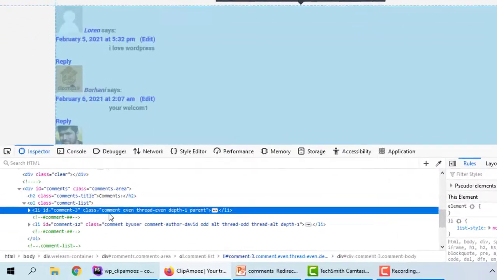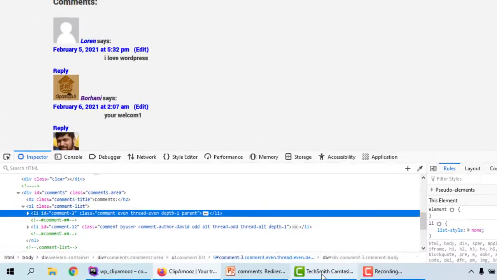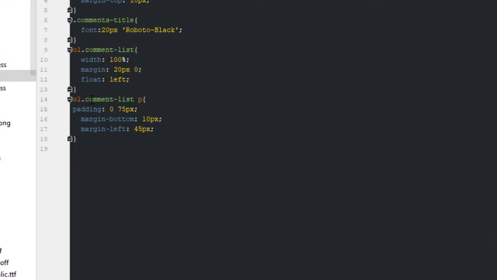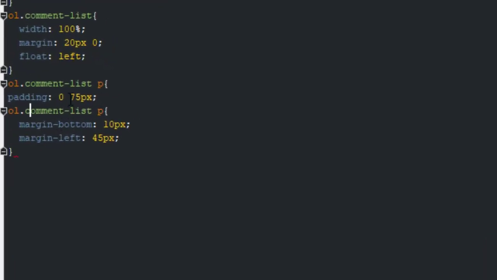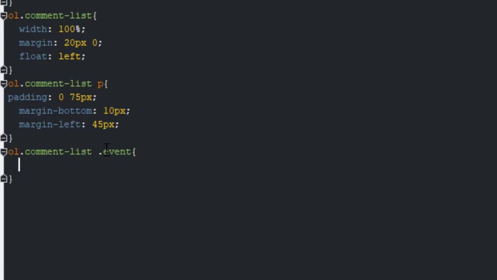Now you see comment even and comment odd. Now in CSS you use even and odd. Okay, comment list, Control D, Control Shift down, comment list, that's even, and comment list odd, even background and border